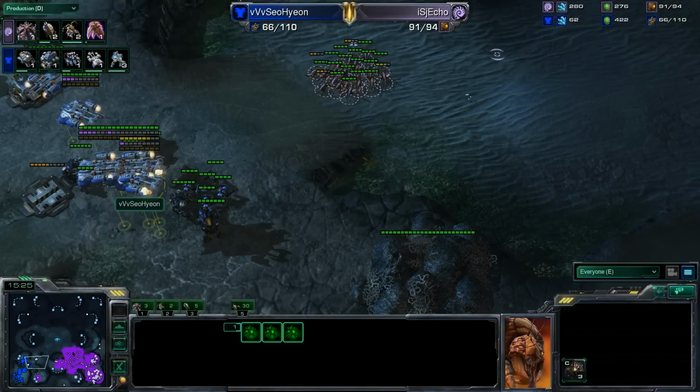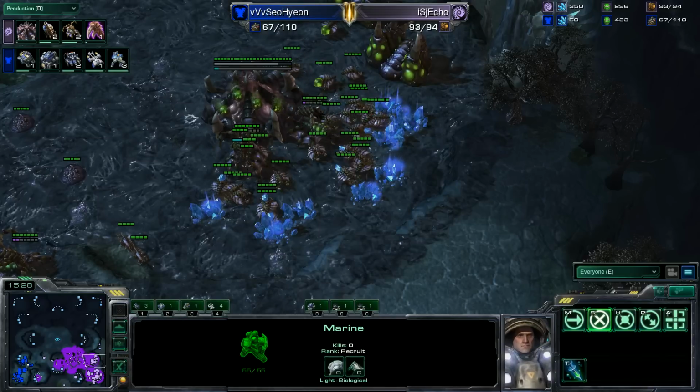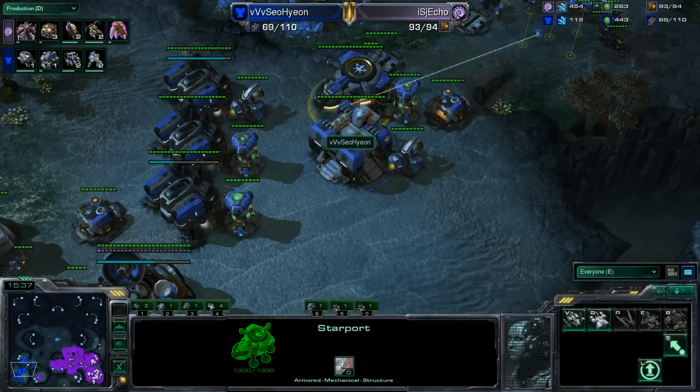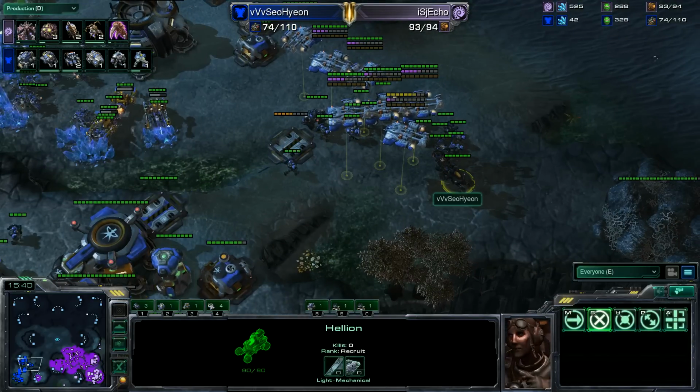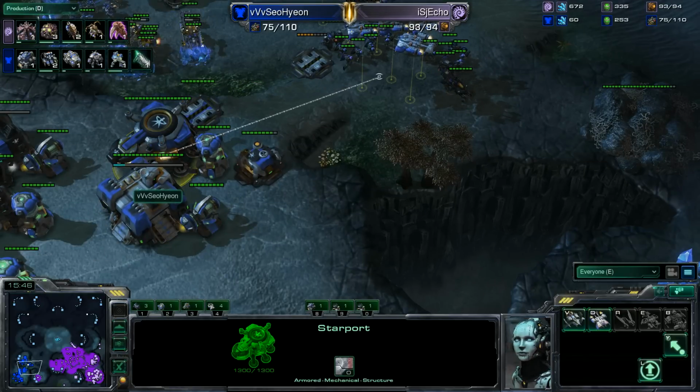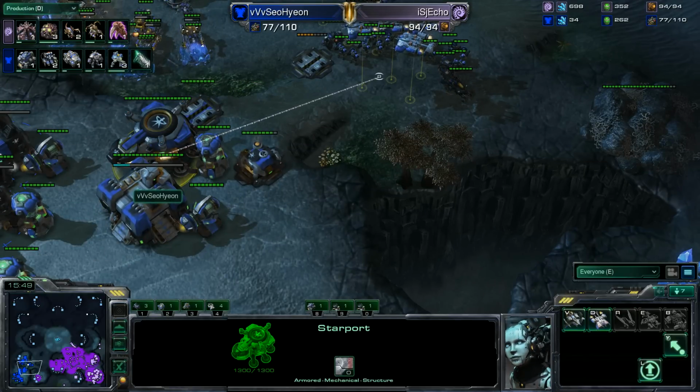It is going to be 3 bases to 2, or 2 bases to 2 right now, but the Harvester advantage, 50 drones compared to 30 SCVs. There are a lot of mules in play, so that is going to definitely help out, but without any siege tanks to really detonate those banelings and destroy those infestors, I can't see how Seo Hyung can get back in